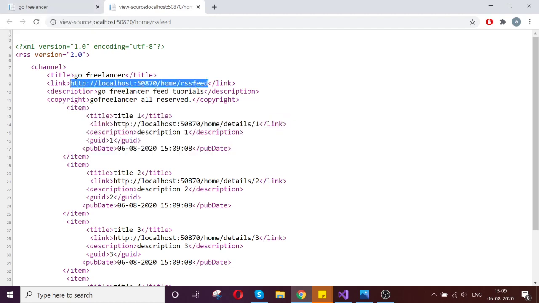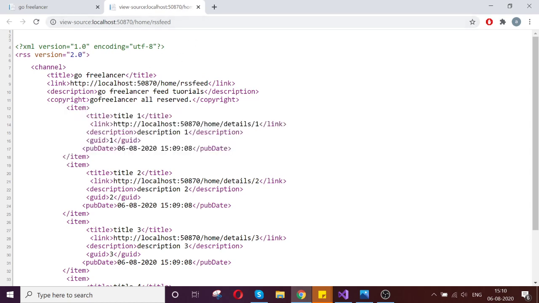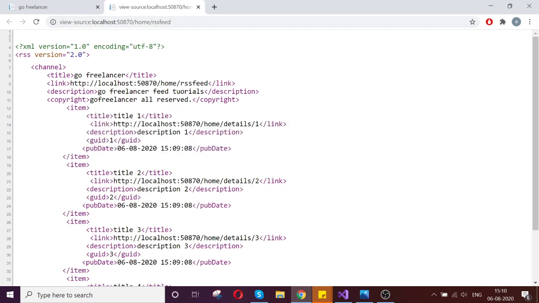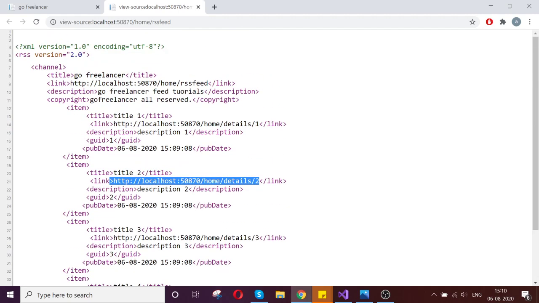When you feed it, it will get mapped with this URL. And whatever URL you want to display dynamically for this item, such as details, so all the data which has a specific URL where you want to show some data, you can pass in the item's link.